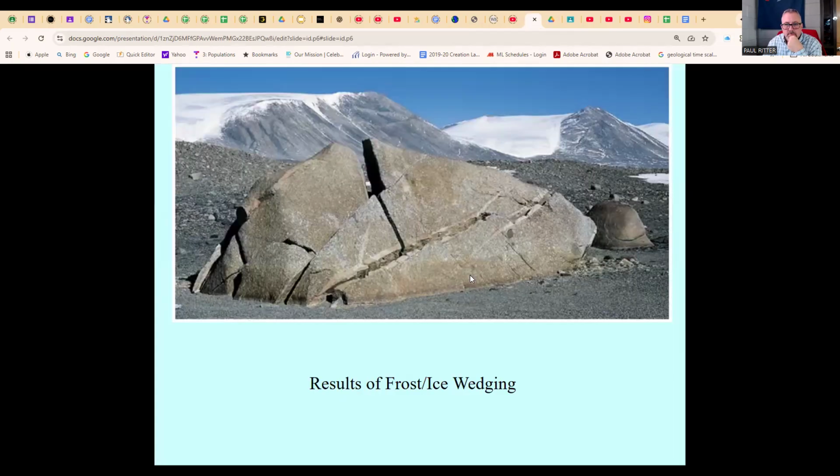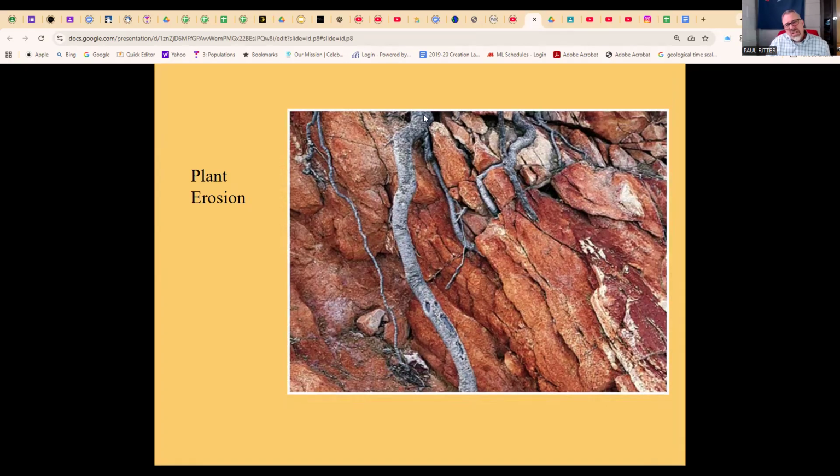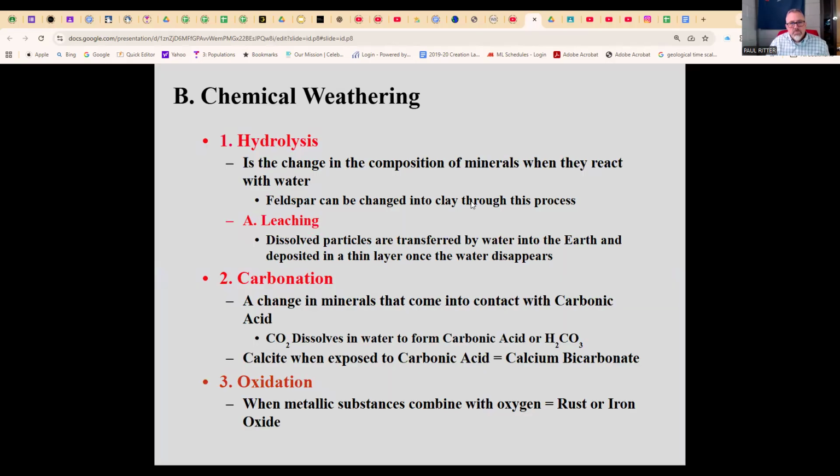Okay. This is ice wedging, right? So this rock's about the size of a car. Water goes in here, freeze, thaw, expand. And so we have, again, that ice wedging. Organic activity. These roots get in here. And again, I mentioned already, there's also some chemical going on. The organic, it spreads apart, breaks apart, expands the roots. Away you go.